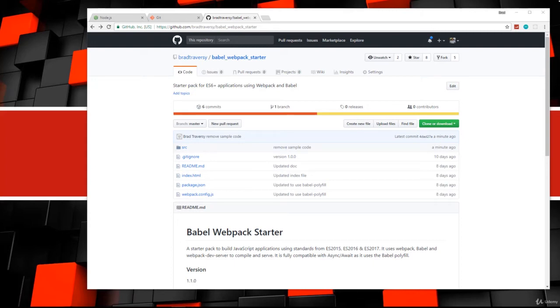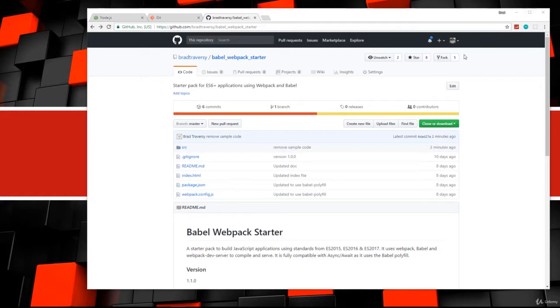Alright guys, so in this last project we're going to be building a complete CRUD application using ES 2015 modules. Now everything we've done up to this point has been able to run right in the browser. We haven't had to compile any code, but modules haven't been implemented in browsers yet, so we do need some help. So we're going to use the Babel Webpack starter kit that I created, that I have on